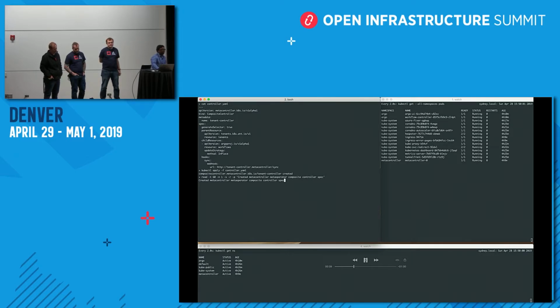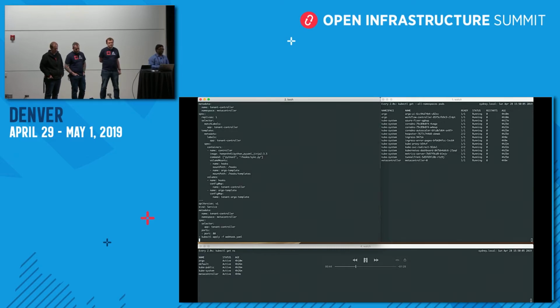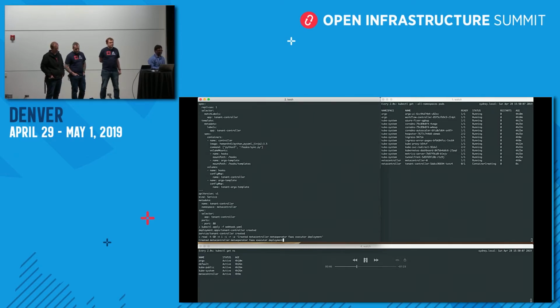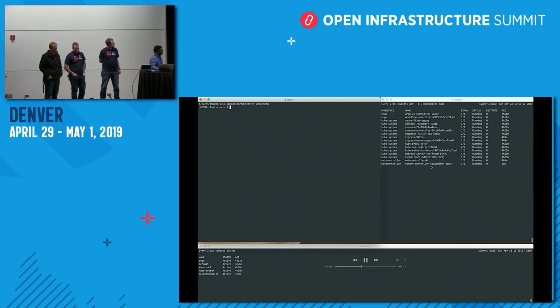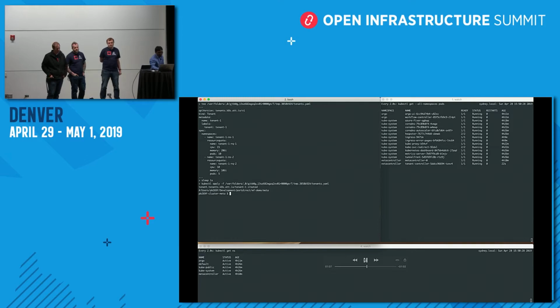Okay. And then dynamically we can give the new tenant controller to the meta controller, again using YAMLs. Here you can see we have added that. And this is the tenant controller, which in turn will talk with our meta controller, pass the Argo workflow, and Argo workflows will be created. Right. Now we are going to create a tenant just to show.